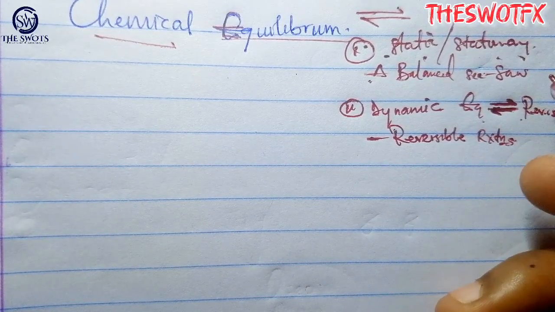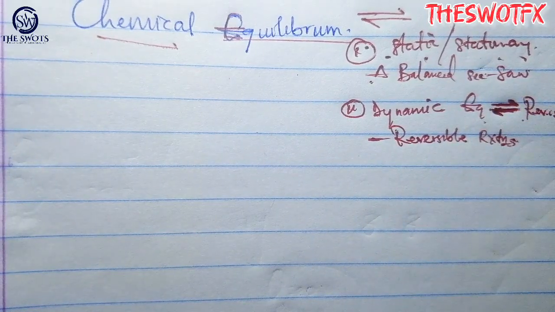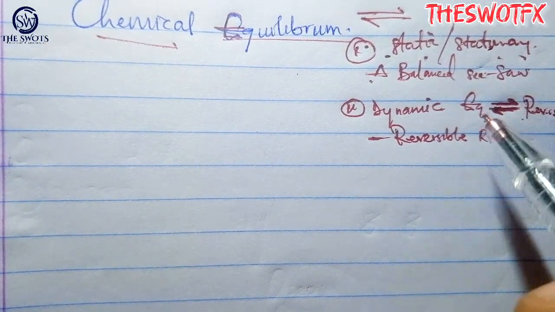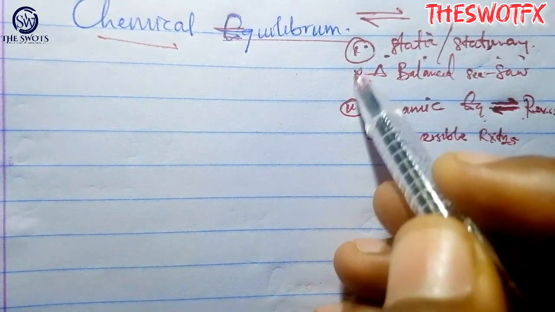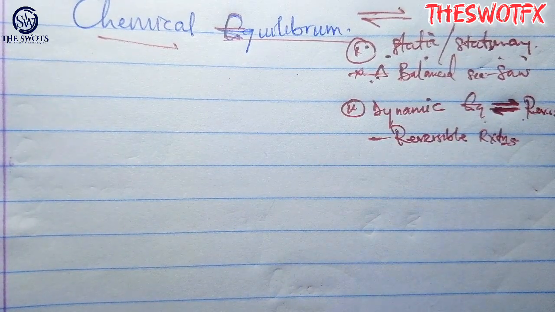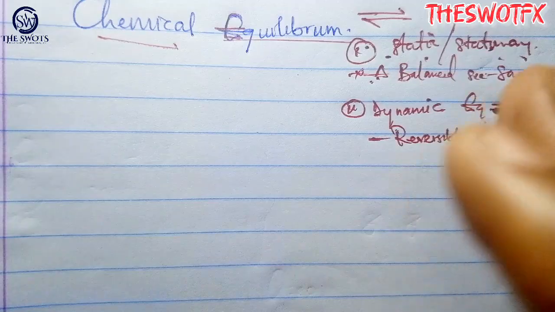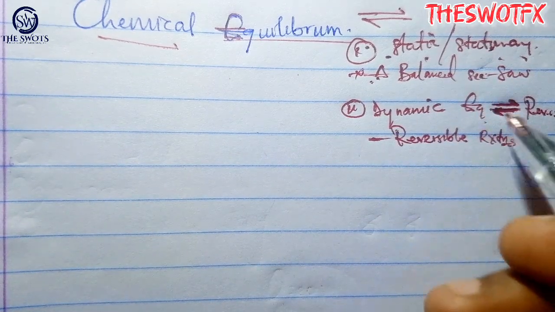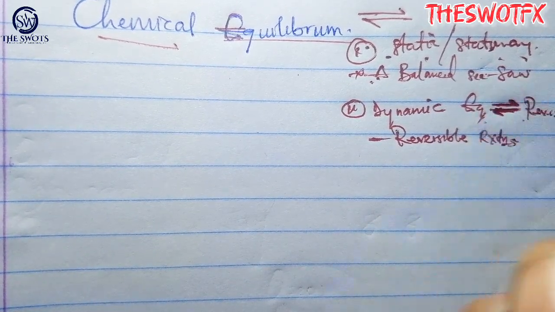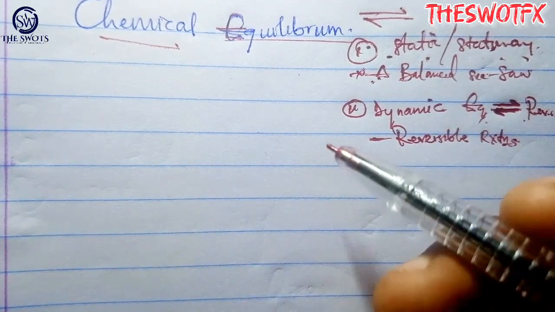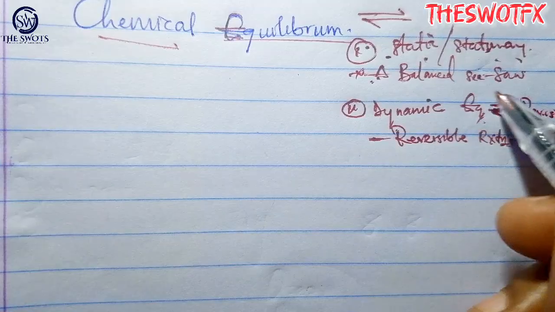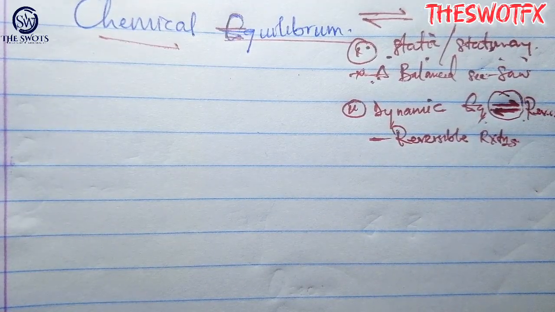It means that in this kind of equilibrium, there is nothing like being stationary. There is movement. It goes forward and it goes backward. But for example, for this balanced seesaw, it is just on one spot. Nothing is moving. But for dynamic equilibrium, there is always a movement forward and backward, which denotes this sign that is here, which is what we call